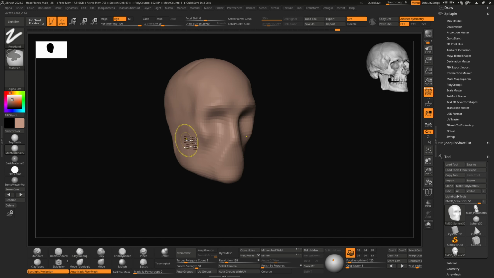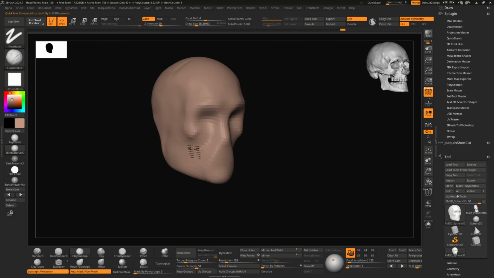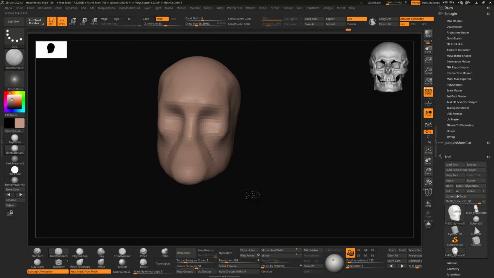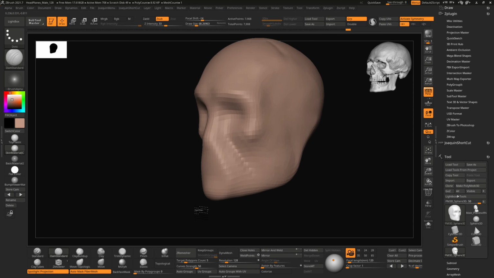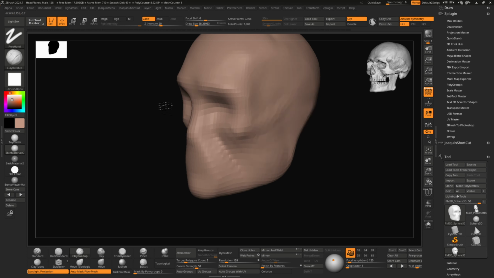So I'm going to flatten a little bit here. Generally speaking, this part is very flat. You can see from the side view, you're going to see more of the line here. So that's where I like to establish the landmarks as soon as possible. And of course here you're going to have the